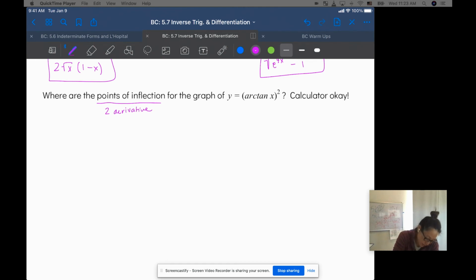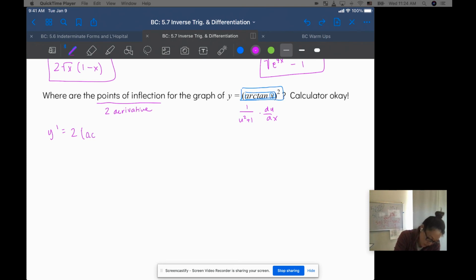So let's take the first derivative. So I have y prime, and the derivative of arc tan is 1 over u squared plus 1 times du dx. So I have a chain rule situation here. The squared is on the outside, the arc tan is the next inside, and then technically the x is the third inside. So we're going to start with the outside. We need to take care of the squared. We're going to bring it to the front. So we have 2. Everything on the inside stays the same. So the arc,